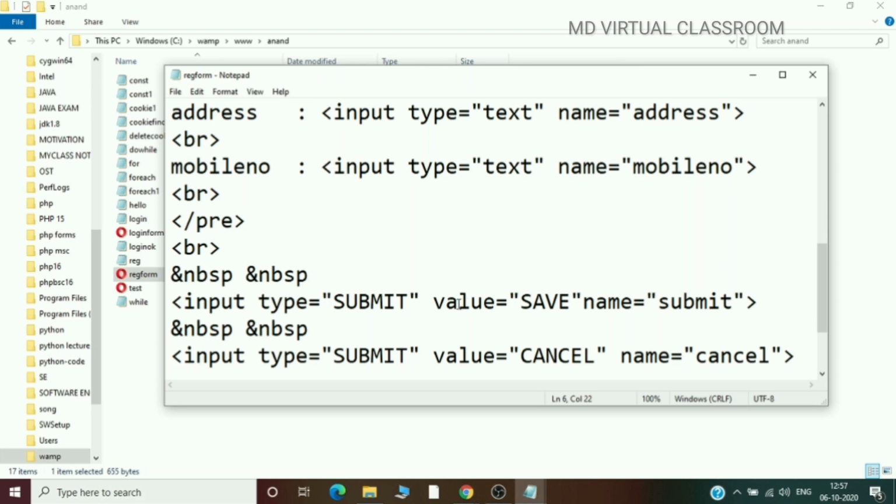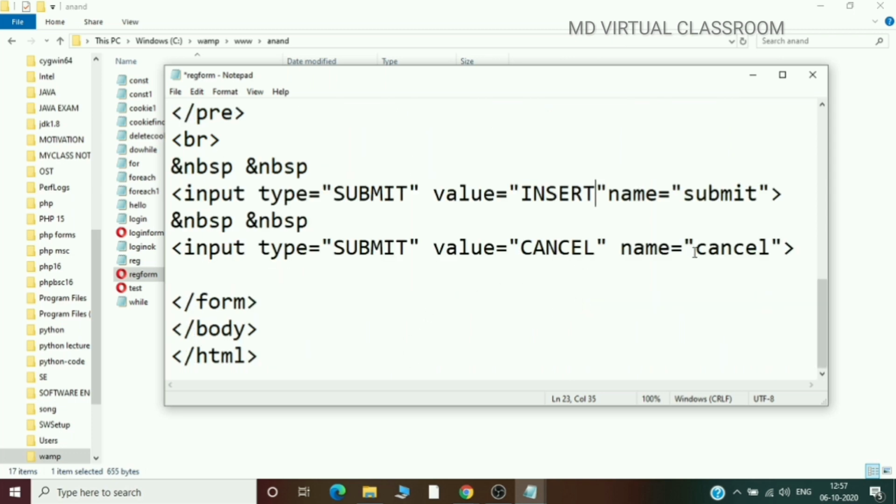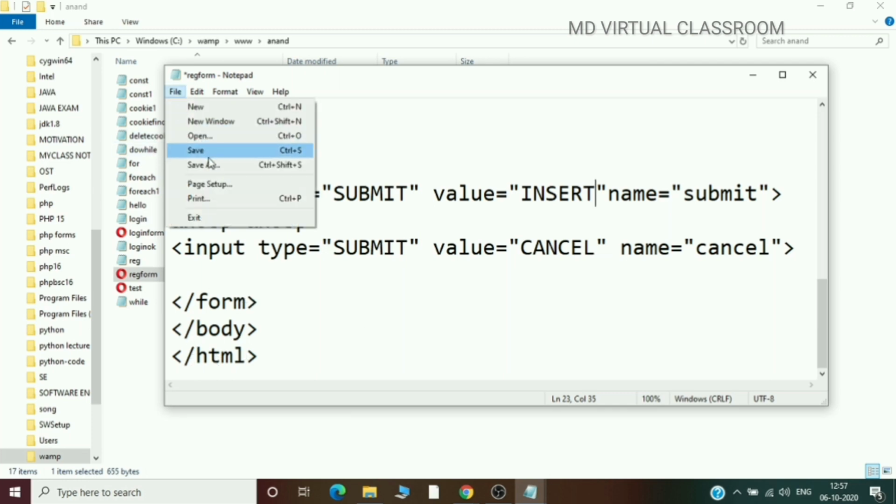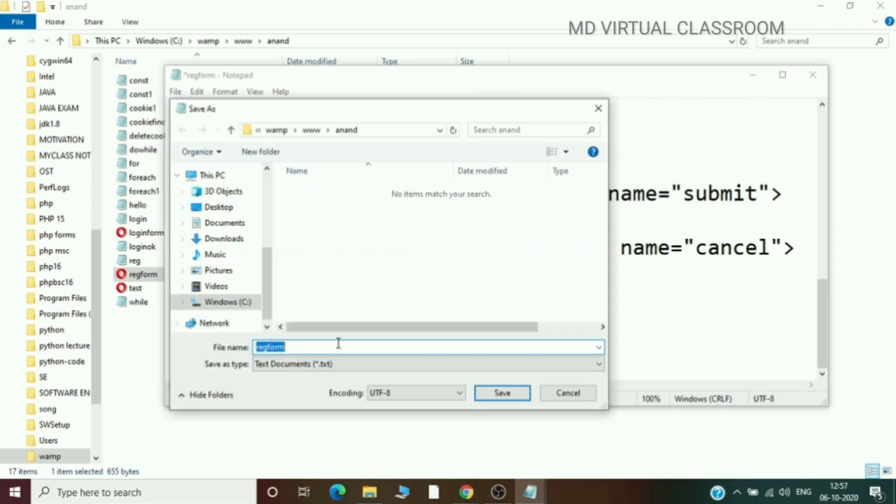Input type is equal to submit, value is equal to save, and instead of save you can have insert. Then name is equal to submit, input type is equal to submit, value is equal to cancel, name is equal to cancel, close the form tag, close the body tag, close the HTML tag. Save this particular file as registration form.html, save as all files.